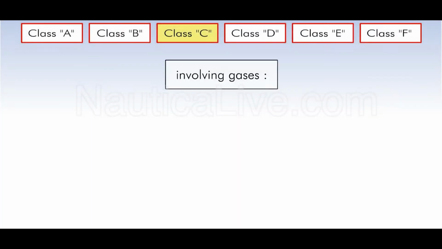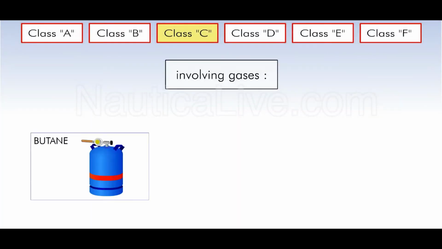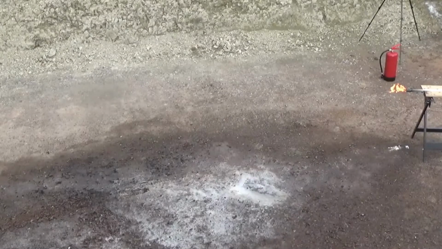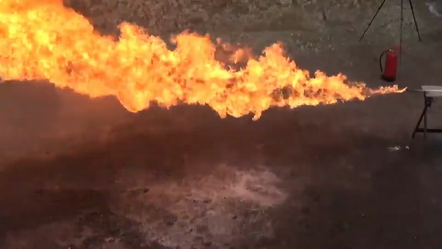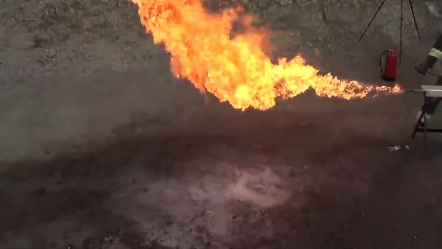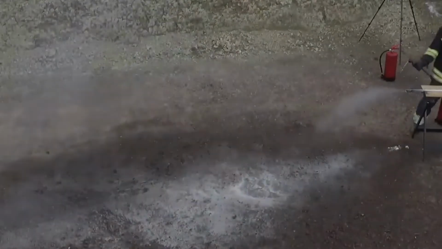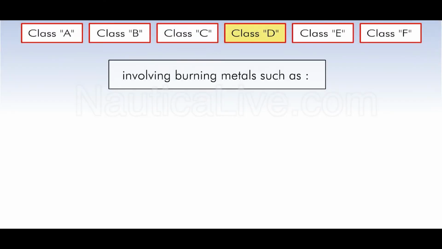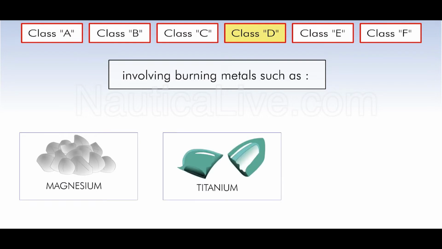Class C, fires involving gases such as butane, propane, acetylene. For example, Class D, fires involving burning metals such as magnesium, titanium, potassium. For example,